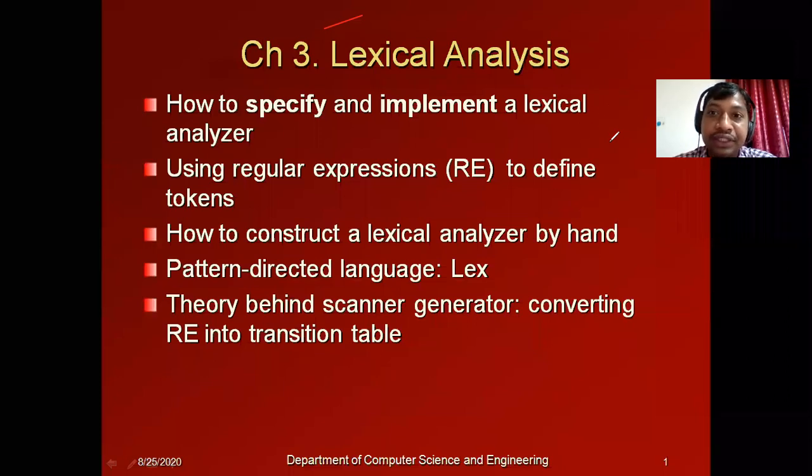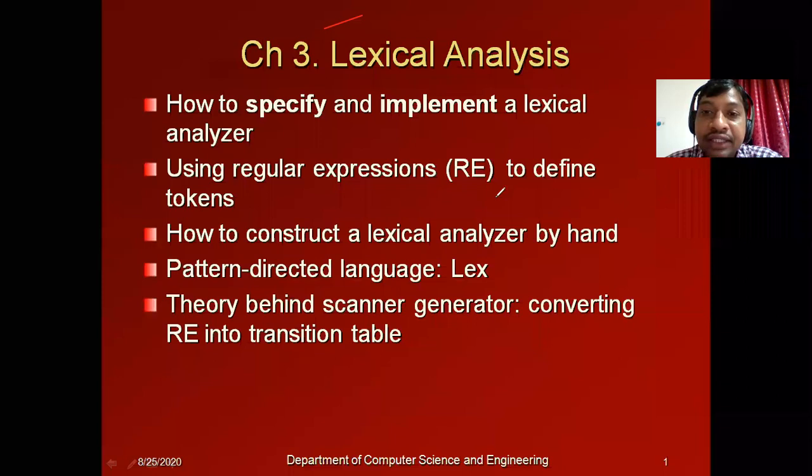This is the presentation outline of this lecture. Here you will learn how to specify and how to implement a lexical analyzer. For specifying the lexical analysis process, we'll be using regular expressions. You will see what a regular expression is, how to define regular expressions, and how to derive complex regular expressions from basic regular expressions.